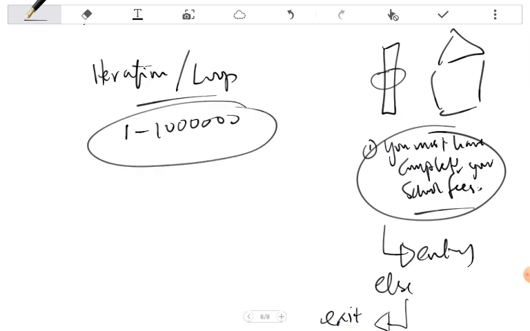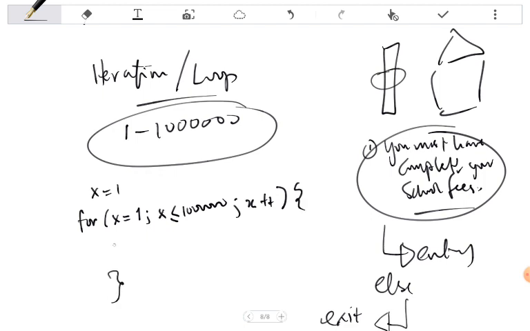Now I can do this by just writing a line. I can say x equals 1. Now for x equal to 1, x is less than or equal to, since I know where I'm going to, 1 million, then x plus plus, meaning increase x by 1, then I can say write x.